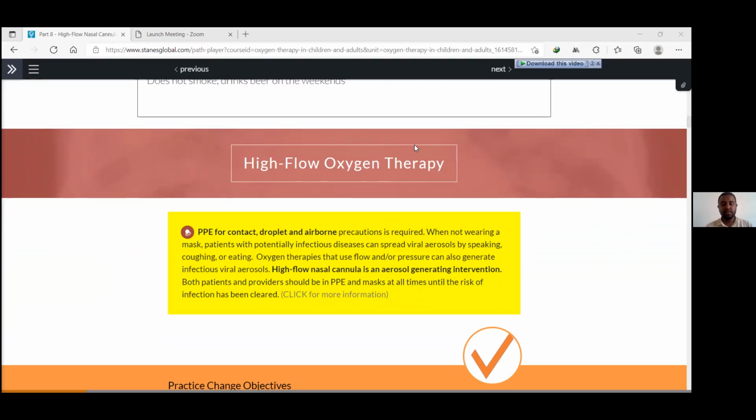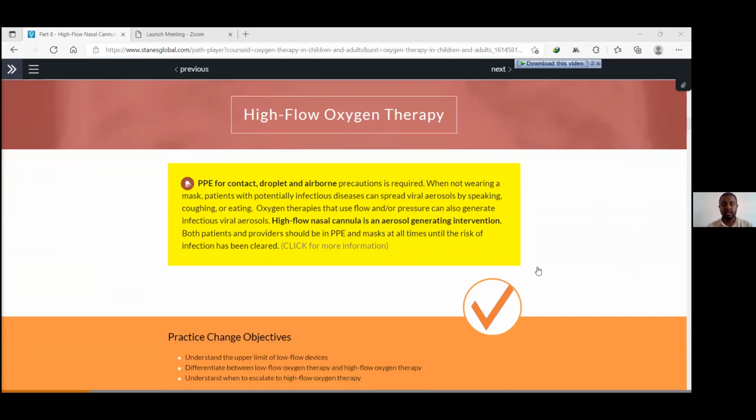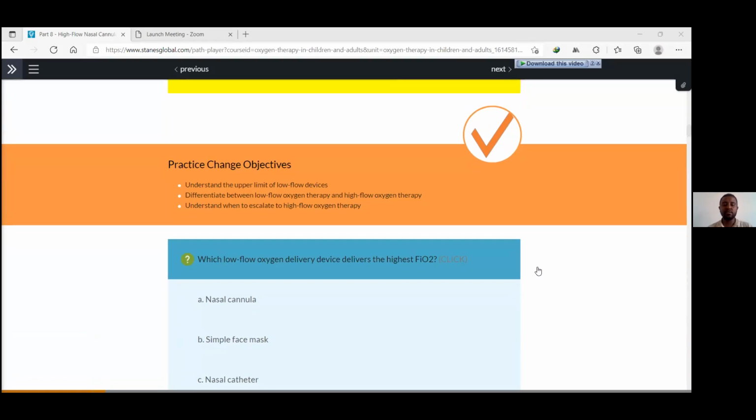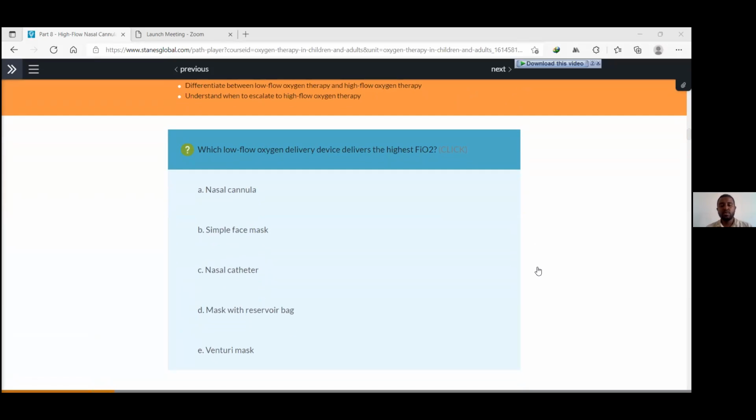So we need to have PPE for both the patients and also ourselves, so that we can protect ourselves and also the others. So make sure you have your PPE before you proceed with high flow nasal oxygen therapy and also NIV. So I will start with our first question for today, which is,